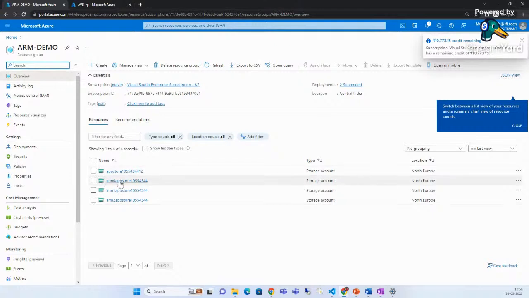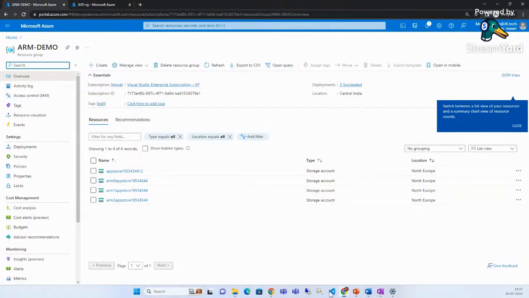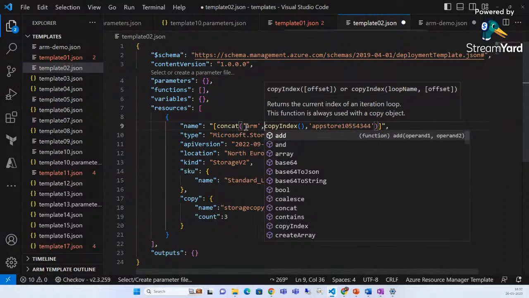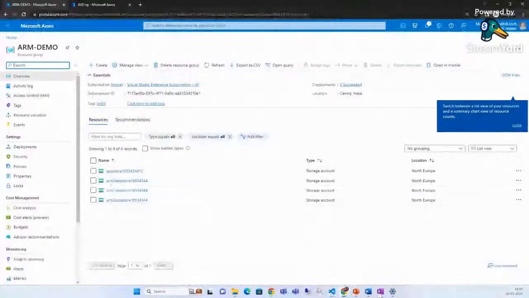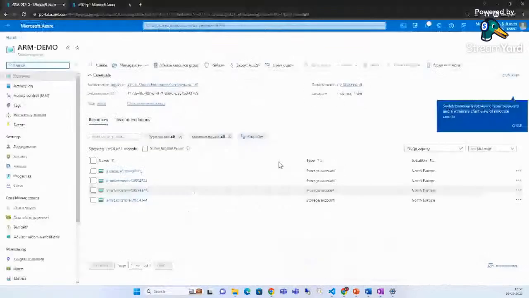And now you see you have got three storage accounts, and you have the same naming convention that you specified, with arm in the prefix, then the copy index, and then the name. So it is following the same structure: arm, then the index, following the array, 0, 1, 2, and then the name of the